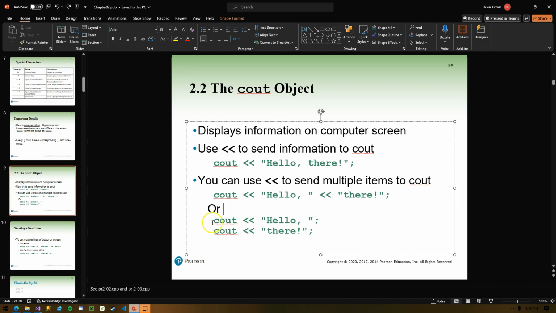Also, just because we use multiple couts doesn't mean we're going to get our text on a new line. This cout hello, this cout there will all be on a single line. There's nothing telling the standard output to go ahead and put there on its own line. We'll see how to do that in the next slide here.